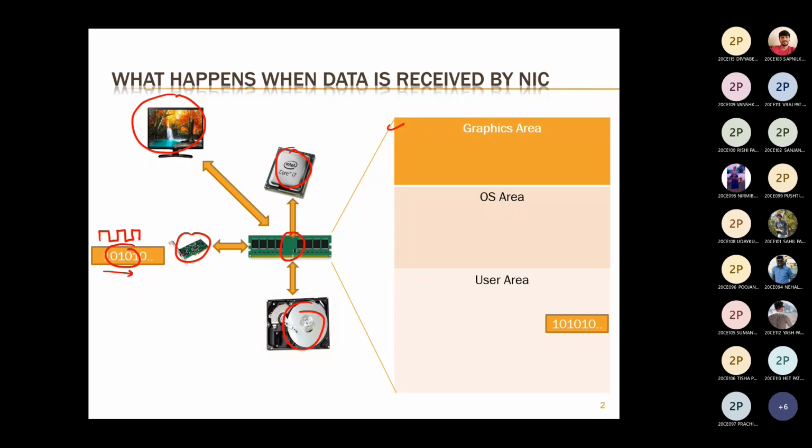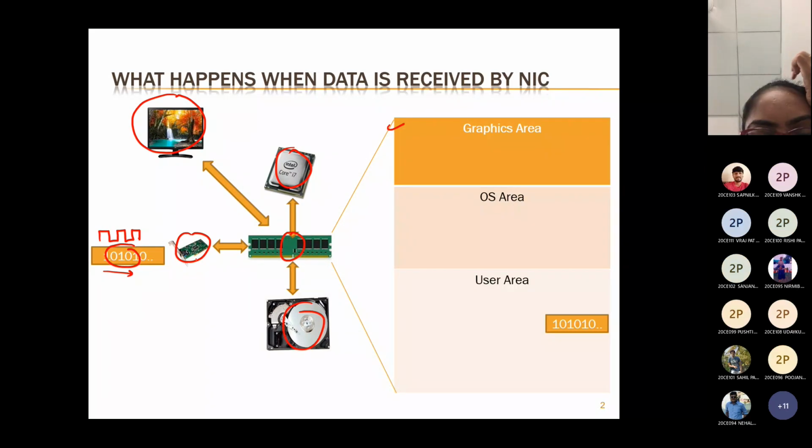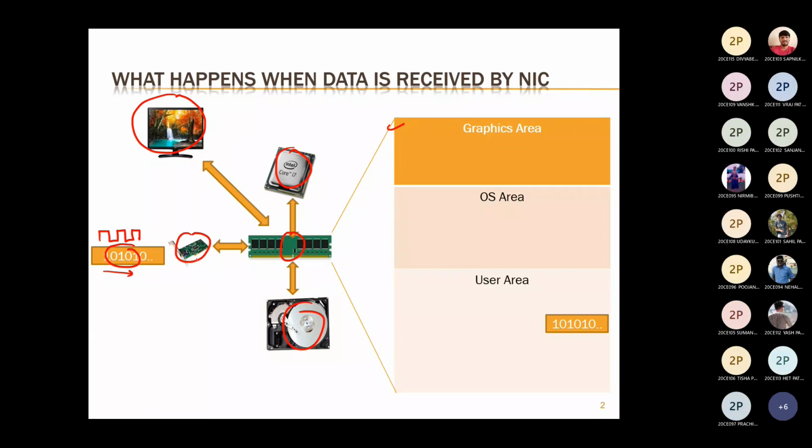If you want to access Gmail, the user has to start the browser. The user has to write gmail.com, and then the request goes to the Gmail server, and then the reply comes. So this is a reply scenario. This is not a request scenario. Without request, we will not have a reply. And this reply, in terms of electrical pulses, which you are receiving from gmail.com, will be stored into user area in terms of signals of ones and zeros.